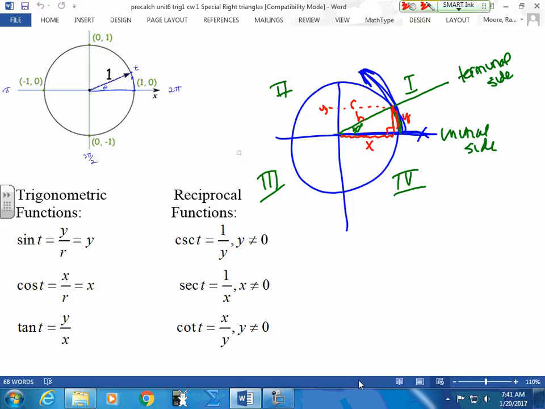So we're going to identify the parts. On a unit circle, as on any circle, any point on my circle has an XY point. Now what makes the unit circle unique is that your radius is 1. It's 1 unit over, 1 unit up, 1 unit down, 1 unit left. So everything goes 1. Now, if we took our special triangle,